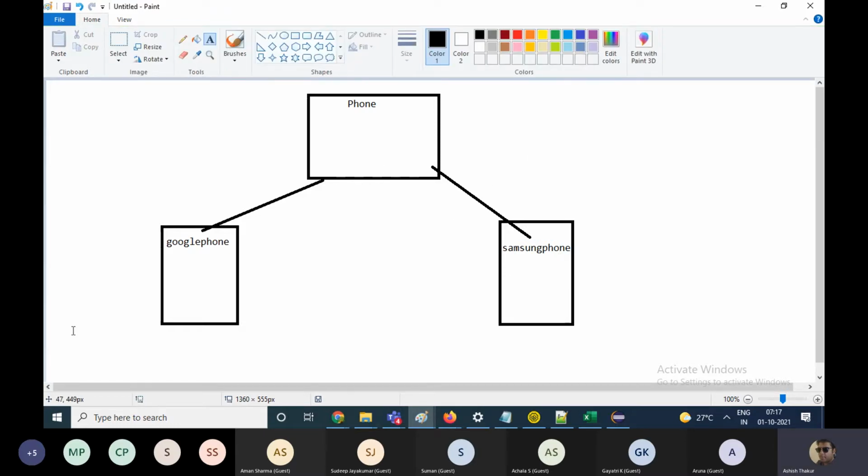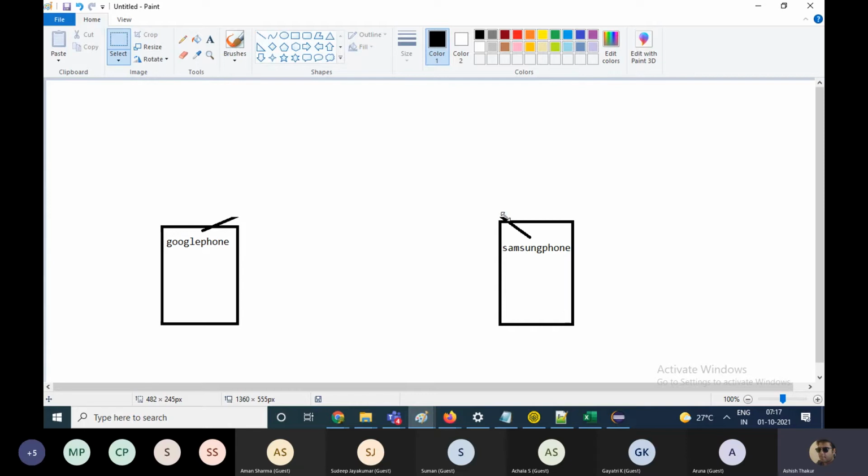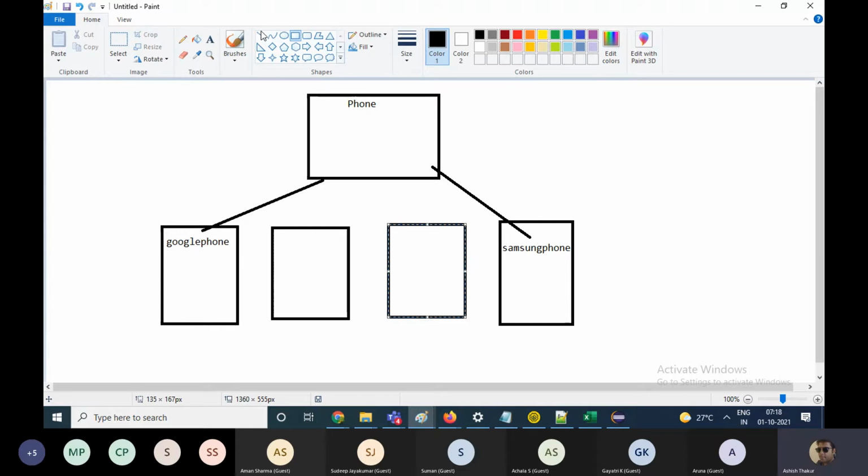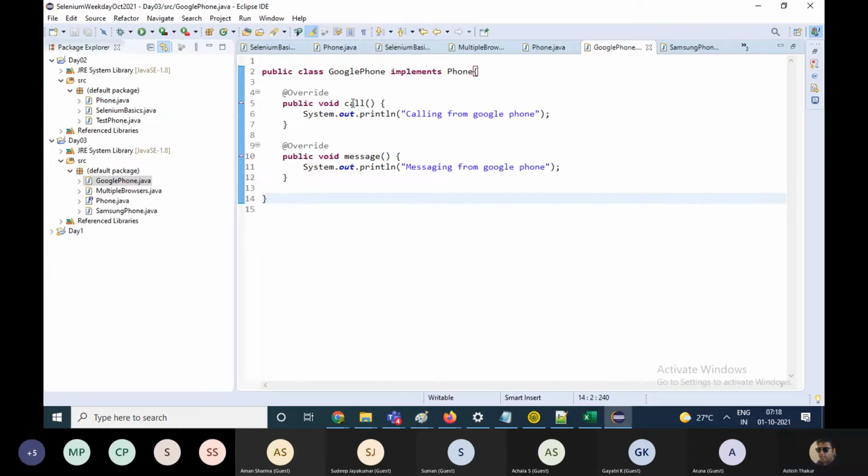What is the use of this system? I could have never made this interface. I could have simply made these two classes. Why did I make the interface? Well, first of all, if more phone classes come tomorrow, then all the phone classes will be implementing the phone interface, and all the phone classes will have the same function names.